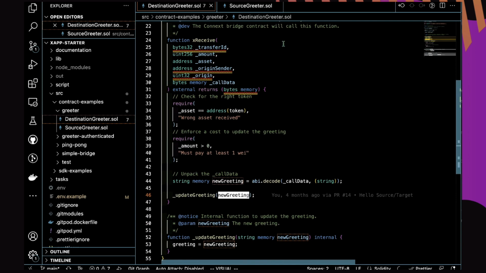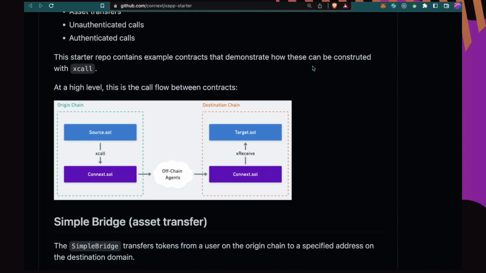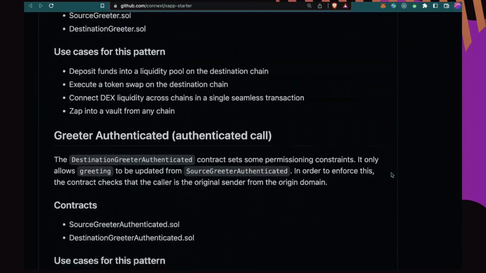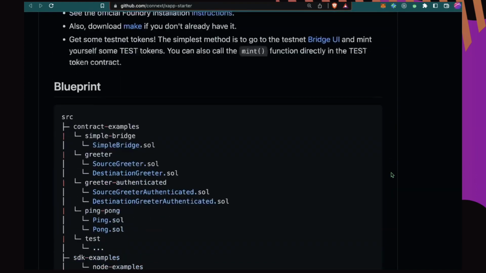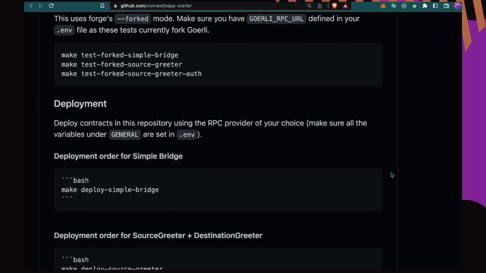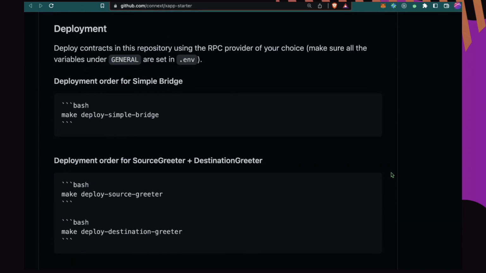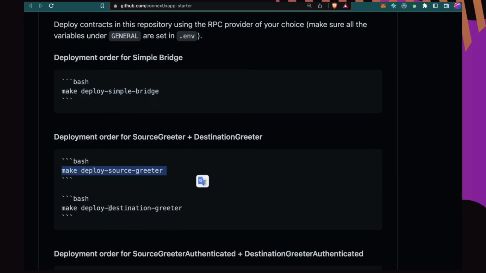And in the README of the xApp starter kit, if you scroll down a little bit, there will be a deployment section where we already have built out a bunch of different Forge scripts that can do the contract deployments, and it can do the function calls without you having to muck with MetaMask and go to Etherscan and interact that way. So there's a very simple make command that you just run to deploy the source greeter and the